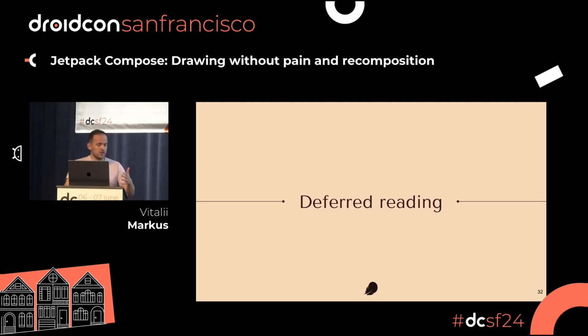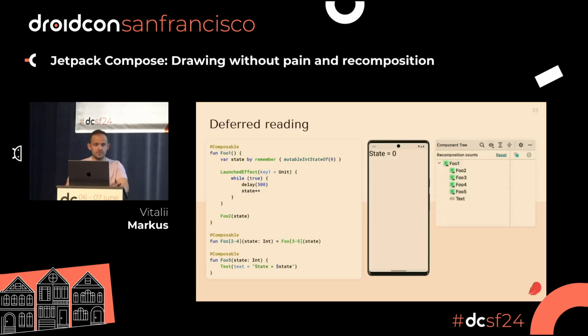So let's talk a little bit regarding the deferred reading, so how it could help us. In this case, we have a foo1 function which has a mutable state, and every 500 milliseconds we increment a value. We pass the same value to the foo2 function, then to foo3, foo4, and to the end foo5. As you can see,